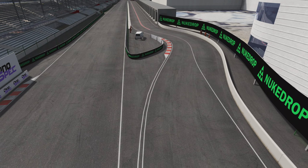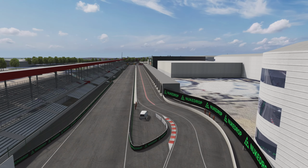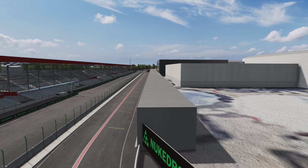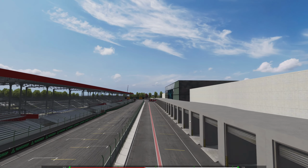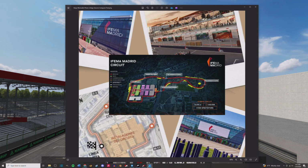This area is kind of tight. You've got some buildings on the ground that they're going to have to work around, but you'll see that this is just about enough room to put in that pit area, the garages, as well as that premium seating area on top, which we see in that other photo. That premium area will be on top of these garages, and it'll be interesting to see how this building will play in,